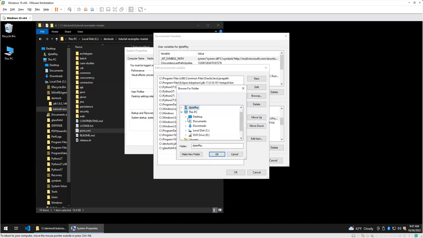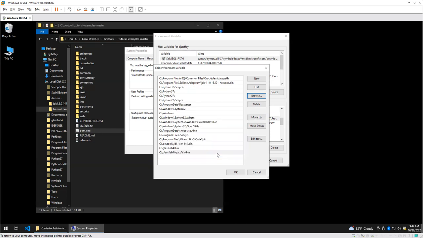Browse, PC, C drive, Glassfish 4. Inside the Glassfish folder is another bin. Okay, so you should have these three things added. C DevTools, the JDK/bin. C Glassfish 4/bin. C Glassfish